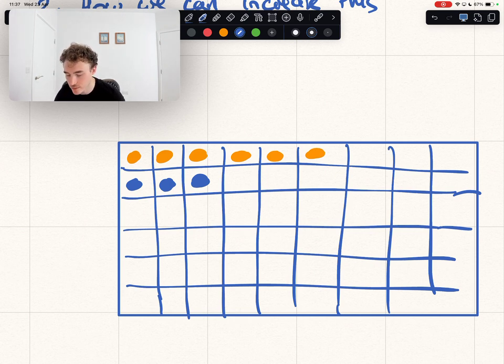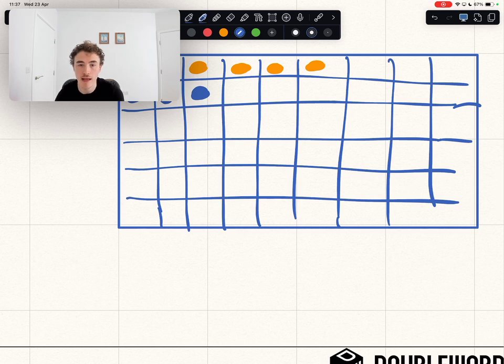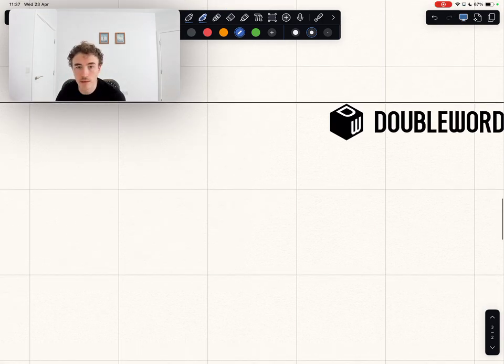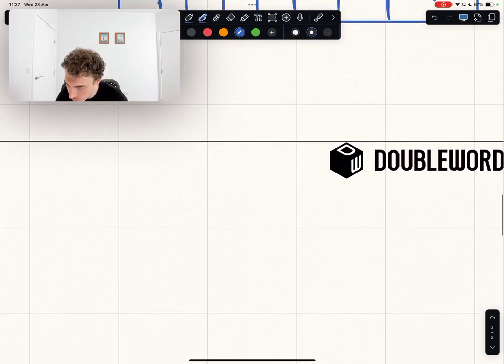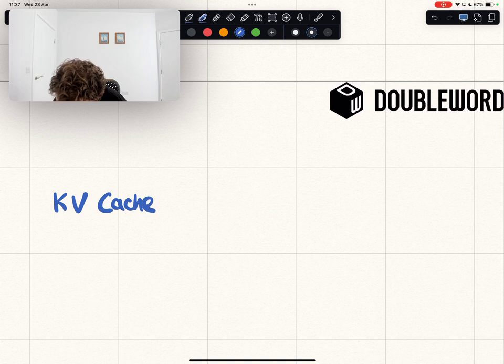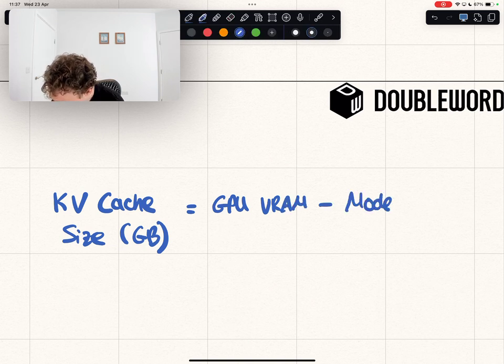So the KV cache stores the user's tokens as 1 slot per token. And what we want to know is how many tokens in total can be stored by the KV cache given my model choice and GPU choice. We pre-allocate this KV cache in a single chunk of memory, and we know the size it's going to take up. The KV cache size, measured in gigabytes, is equal to the GPU's VRAM minus the size of the model weights,